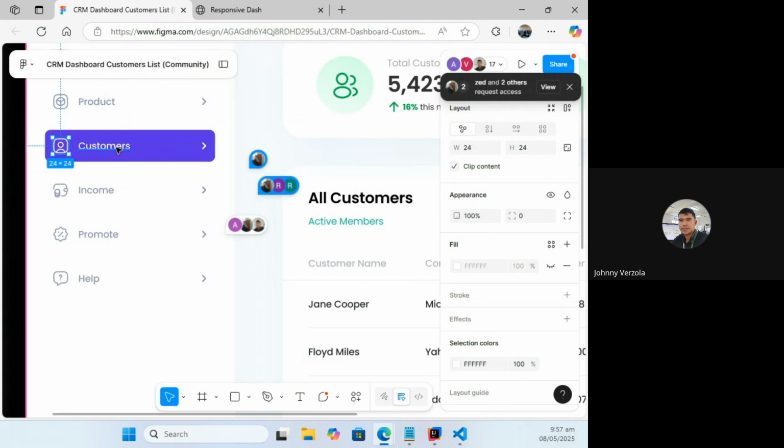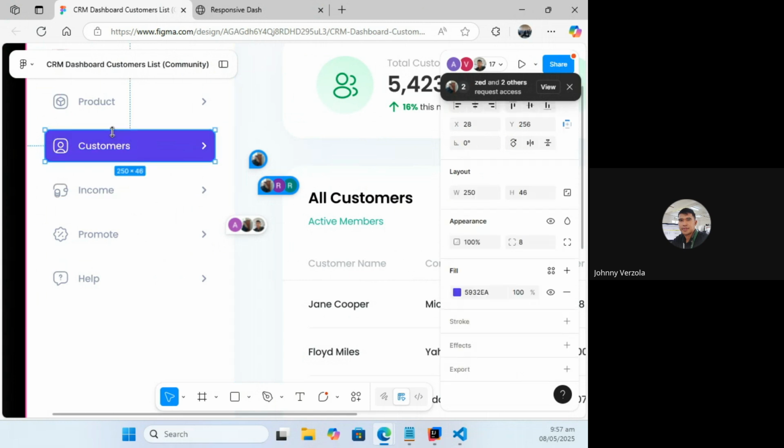I'm basically thinking, how should I approach this? Whether to include the icon in the link or not. If I'm going to click the whole thing, it should respond. But the whole thing covers also this one. The way I judge it, we cannot basically only put this in an anchor tag. We will just listen to the click of the whole thing via JavaScript.